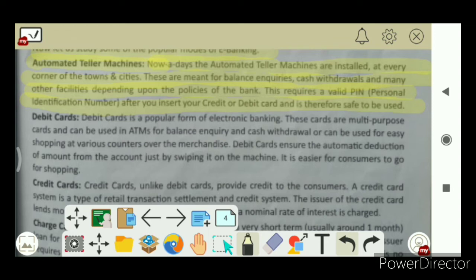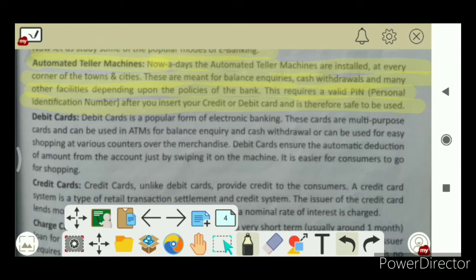Now, the next thing is what questions may be asked here. What is the full form of ATM? Automated teller machine. What is the full form of PIN number? Personal identification number. To use an ATM machine, what things should you have? You should have what type of things to use the bank ATM. So these are the automated teller machines. Using them, you can withdraw the money, and you can do many banking activities.